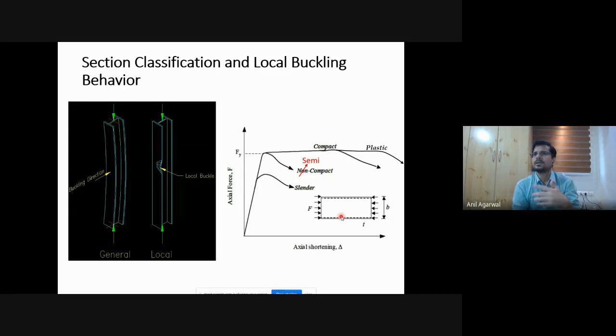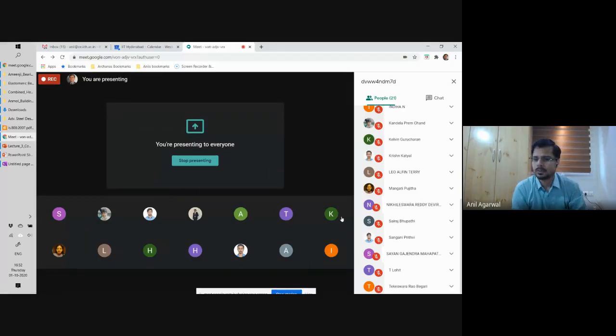When you get into torsion, then you get into the issue of warping, and then the elastic modulus and shear modulus both start to play a role. But anyway, the idea is that stiffness-related material properties will govern the buckling behavior. So one is material property. There will be some cross-sectional properties also that will govern local buckling behavior. So when we are talking about local buckling behavior, which cross-section properties would control?